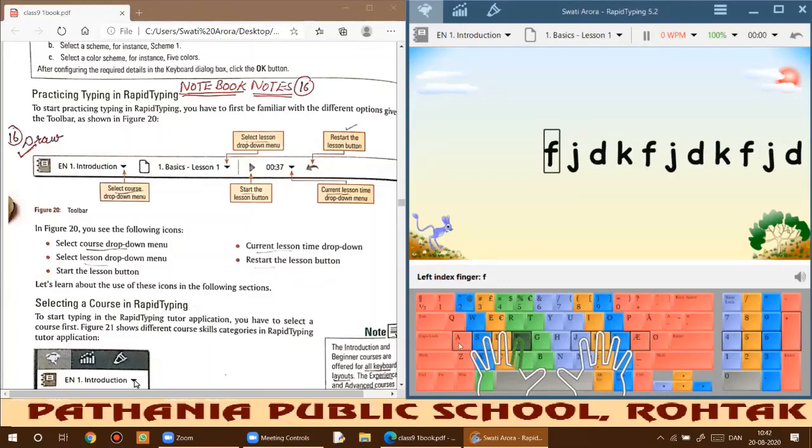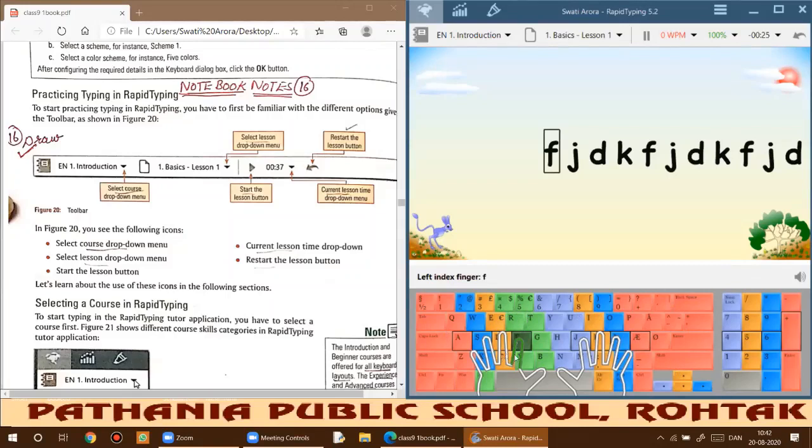Okay, let me remind you what the home keys are. A, S, D, F. Okay, J, K, L, and this semicolon key will be there on your keyboard. So you need to rest your fingers on these particular home keys. We have discussed this in the last lecture also. Every time, your fingers should be placed here only after pressing anywhere on the keyboard, right?